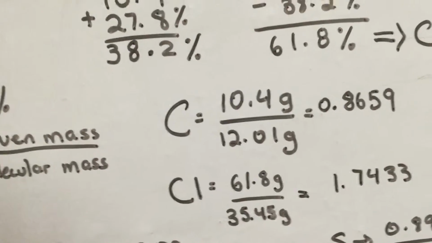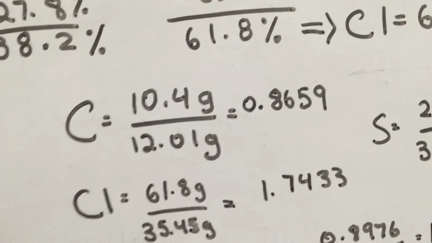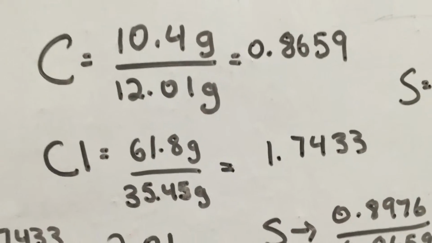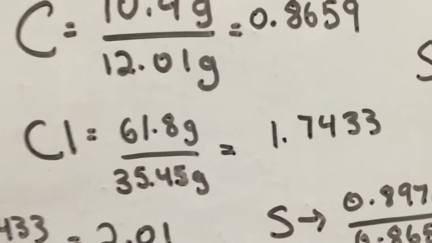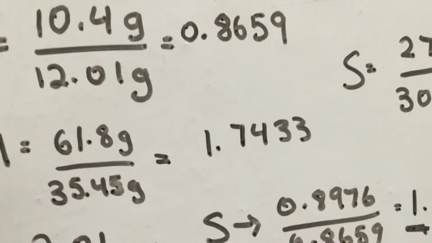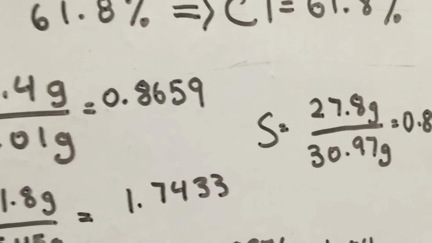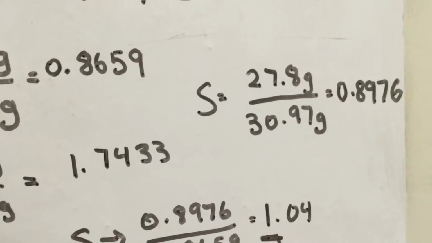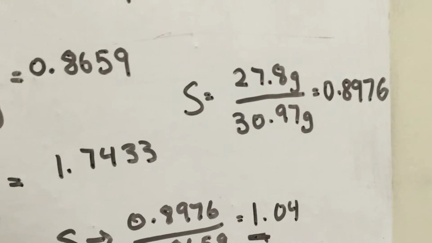That divided by the molecular mass gives us 0.859 moles. Same step goes for chlorine. 61.8% was found to be chlorine. We divide that by 35.45, which is chlorine's molecular mass. That gives us 1.7433 moles of chlorine. Finally, for sulfur, we have 27.8 grams, which was given, divided by the molecular mass, 30.97 grams, to give us a total of